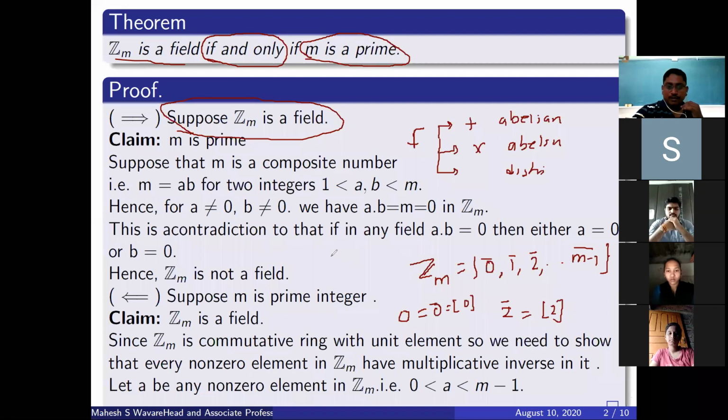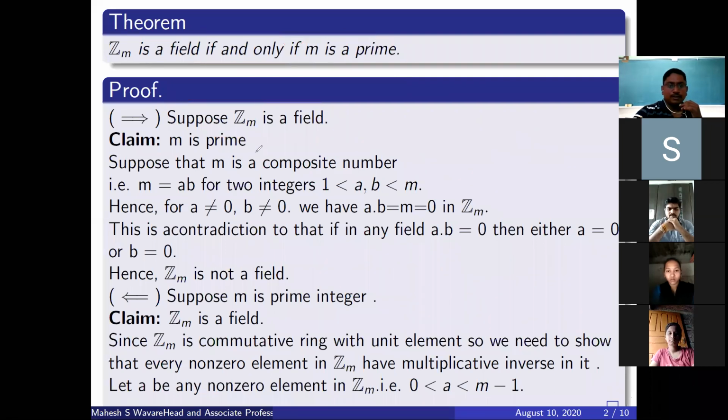So we know what is Zm. Zm is a commutative ring with unit element. It is a commutative ring, meaning multiplication is commutative. And one thing we want to show is that there must be a multiplicative inverse of every non-zero element. There must be a multiplicative inverse for every non-zero element. So for that,